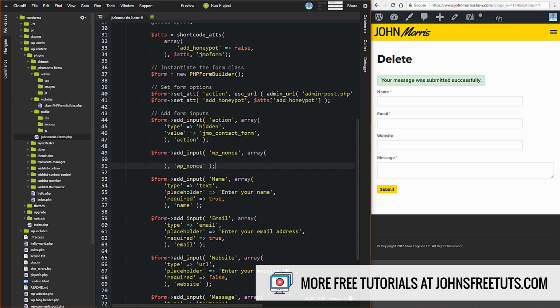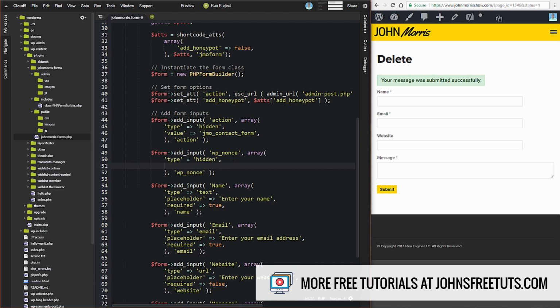And then for our options, as you probably guessed, we'll do type equals hidden. And then the value for this is a little tricky because we need to create an actual nonce that can be verified. Fortunately, WordPress has a built-in way of doing that. So we're going to do value,